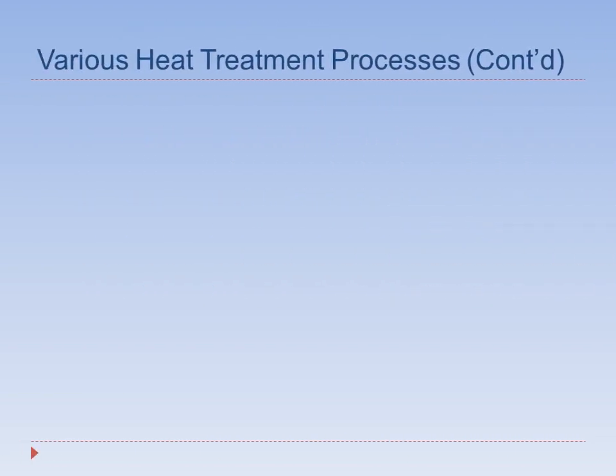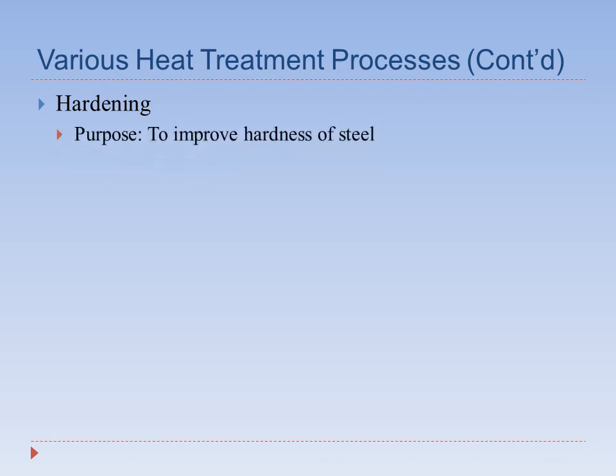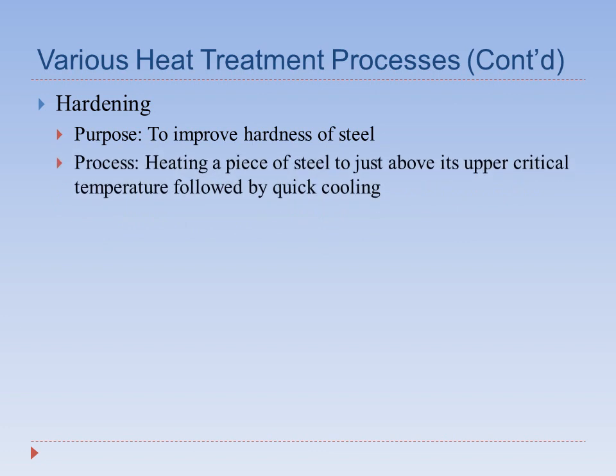Now let us discuss the remaining heat treatment processes. So the third process is hardening. Friends, in the previous lecture you learned how we defined the hardness of a material. So here hardening is a process by which we improve the hardness of steel, and the process for hardening includes heating of a piece of job just above its upper critical temperature and followed